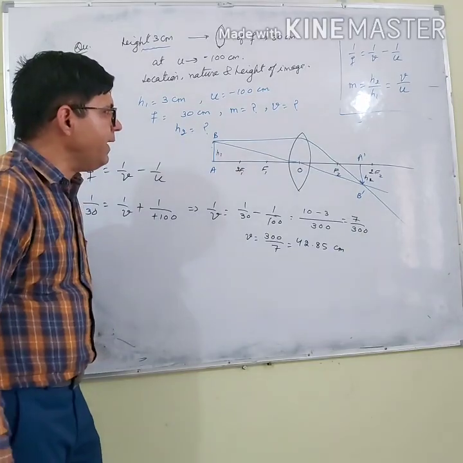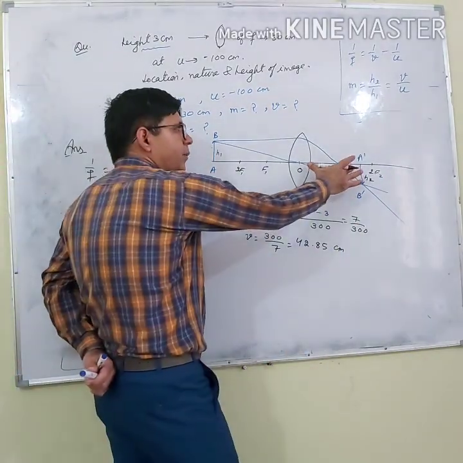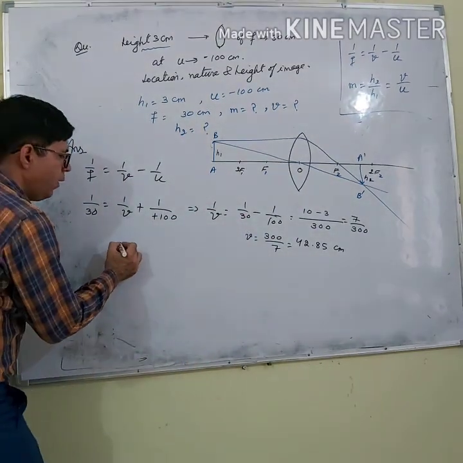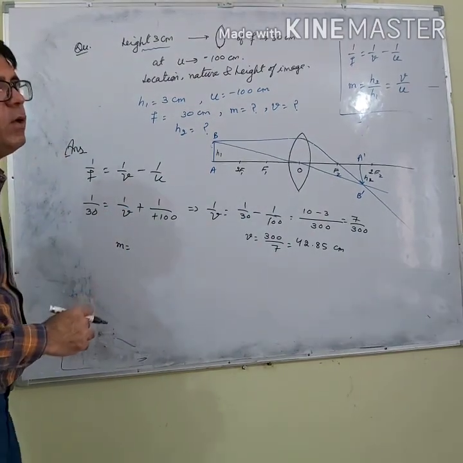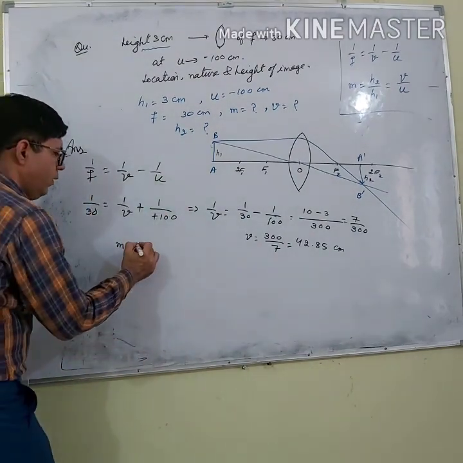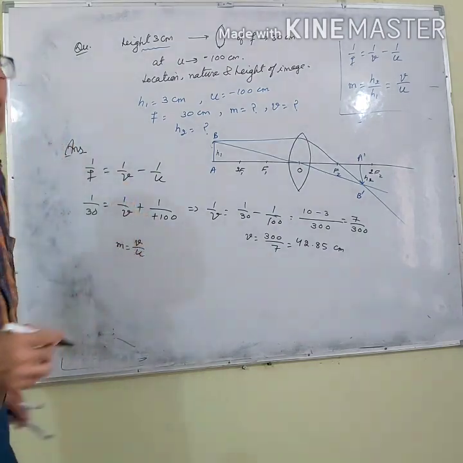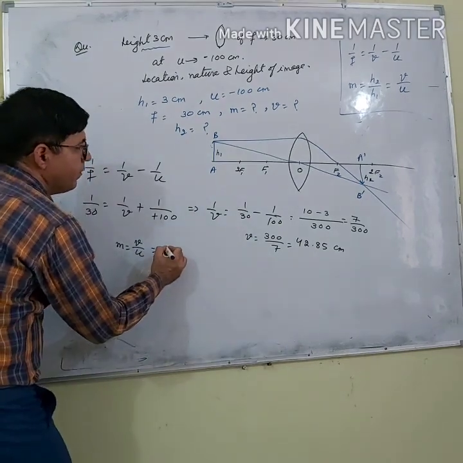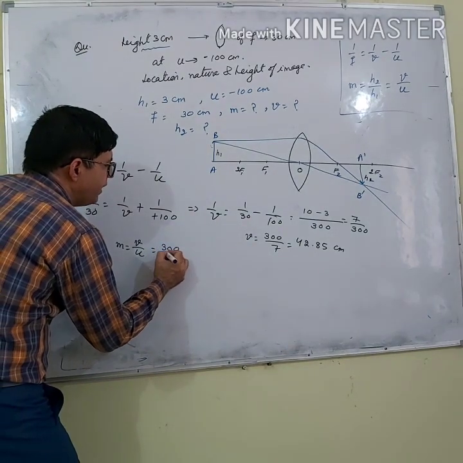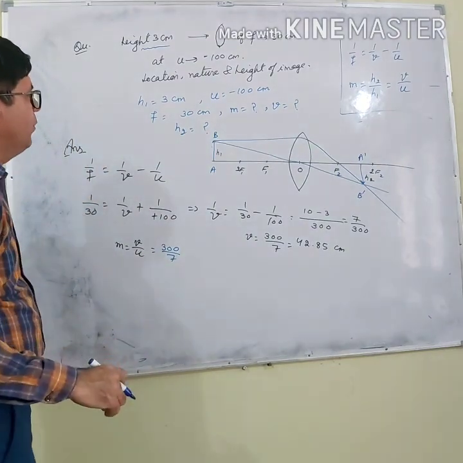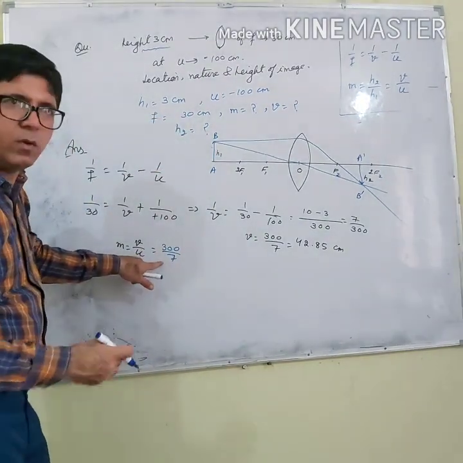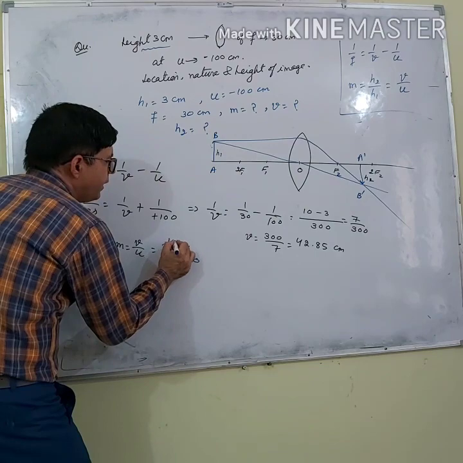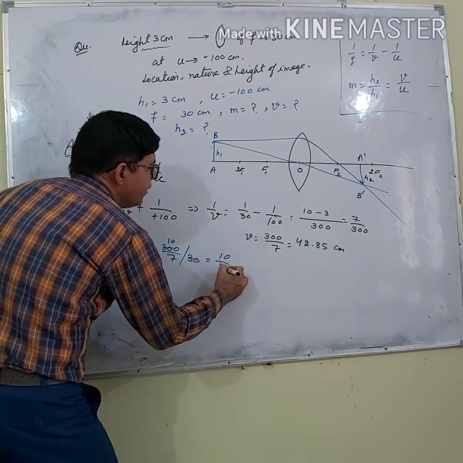42.85. Why is this distance positive? Because image is formed on the right hand side, so that's why this distance is positive. Now, what is the nature of image? Is it erect or virtual, real or inverted? Let's check it out. Magnification is V over U. Now put the values of V and U. How much is V here? 300 by 7. I have taken 300 by 7 because here it is 30, and I know that to solve this it is very convenient. So it is 30, 30 it is going on 100, 10. So it is 10 by 7.